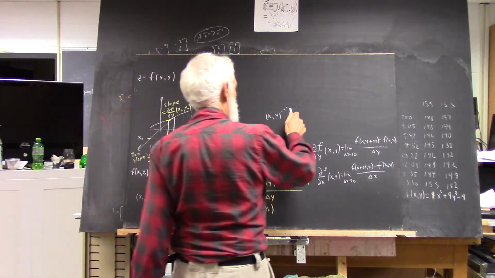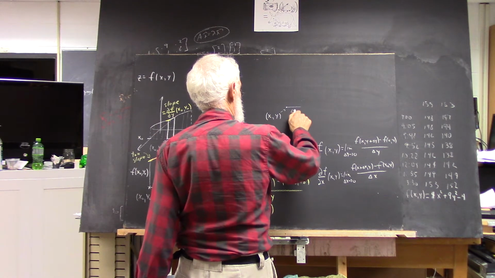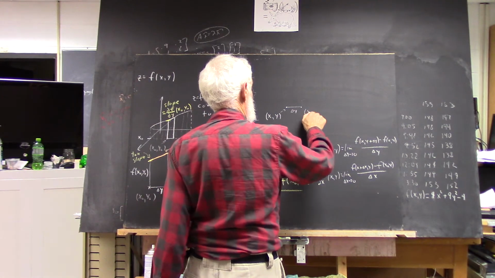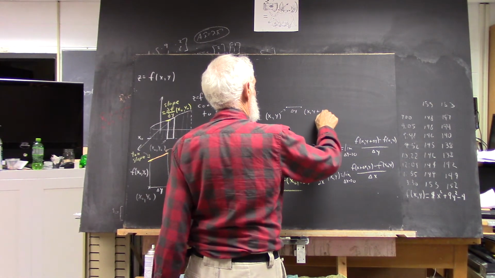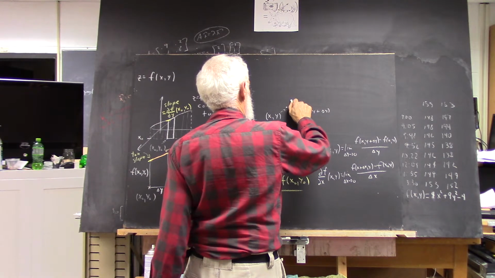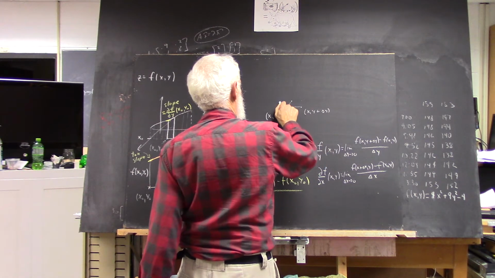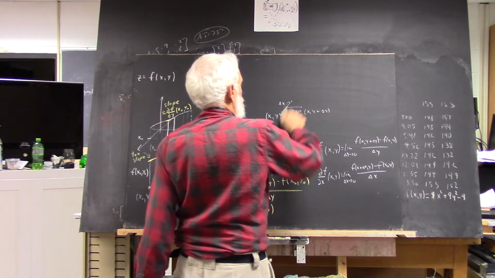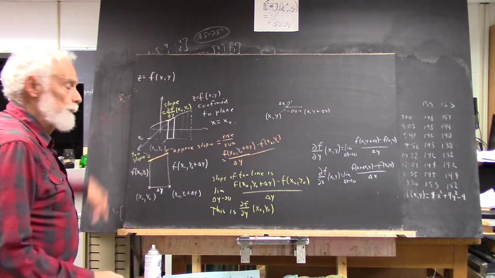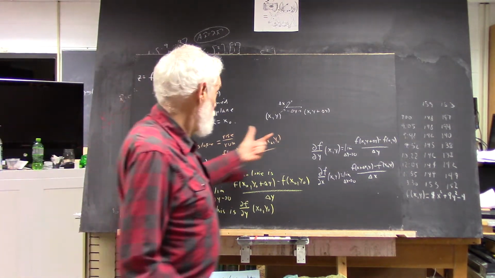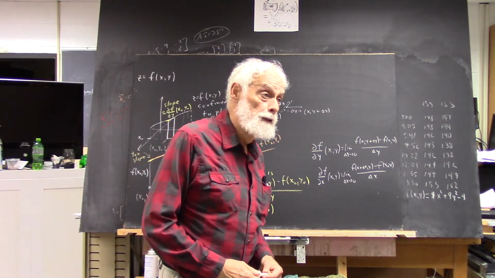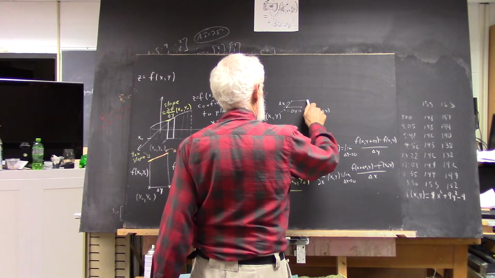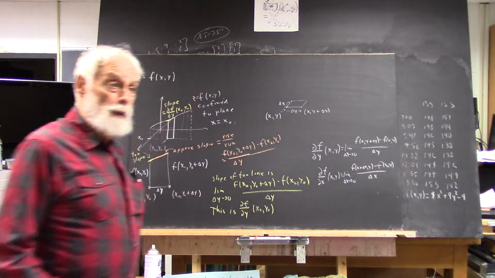So I'm actually going to draw it with a negative delta x, but okay, here's a delta y, right? Here's the point x, y plus delta y, right? And then here's a delta x. Now that delta x would be negative if x is in this direction, but there's no restriction. Delta x or delta y can be positive or negative, okay? Doesn't make any difference. So now we have our rectangle down in the xy plane,